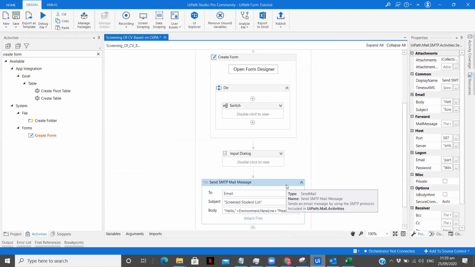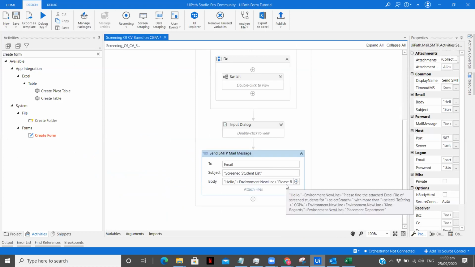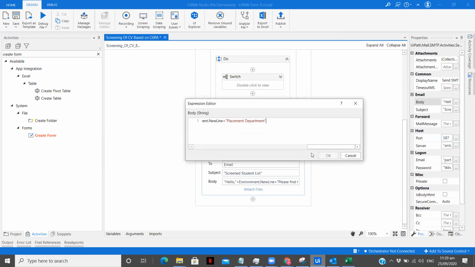So now I'm using a send SMTP mail message. To is going to the email which I have read before. Then I have subject, then I have body. So I have written a bit of a message: Hello, comma, Environment.NewLine is to write the message on the next line, the following text after that. Please find the attached Excel file of screened students for this particular branch with more than this particular CGPA. Kind regards,